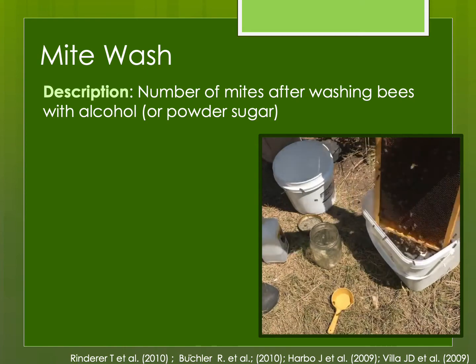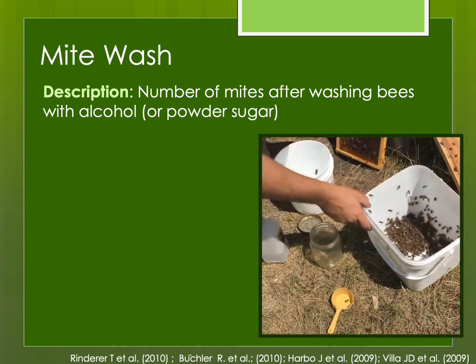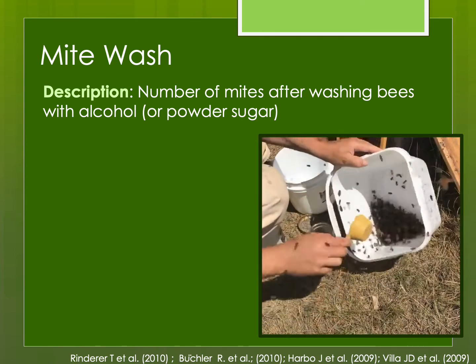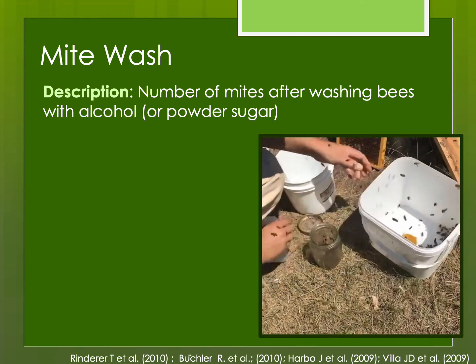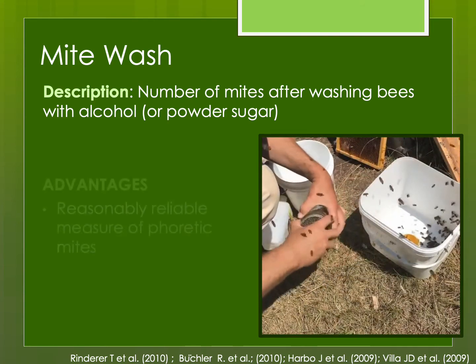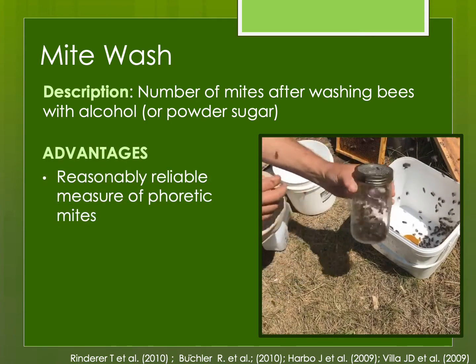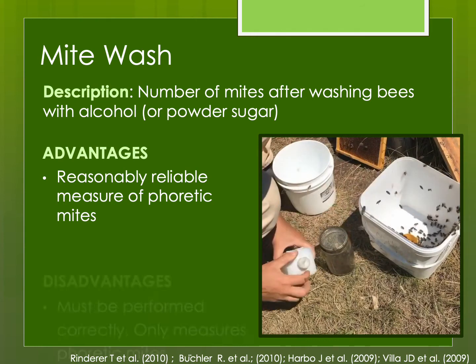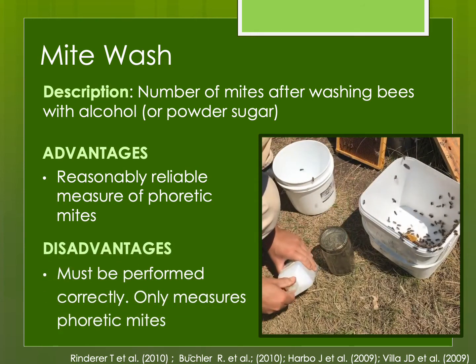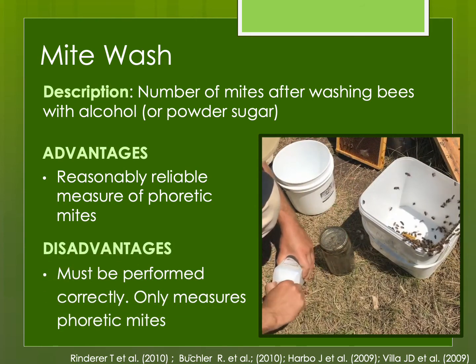Mite washes are considered the gold standard, usually with alcohol, though some folks use other things such as powdered sugar, to assess the population or percentage of mites within the colony. It's reasonably reliable. There are some caveats, of course, but you've got to perform it correctly, and it only measures the phoretic mites, and